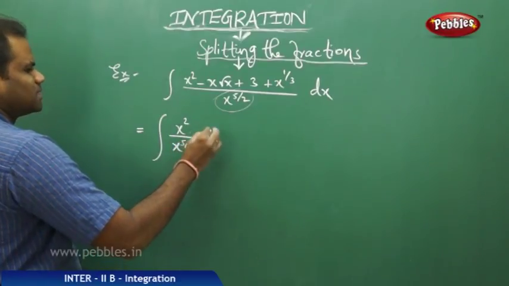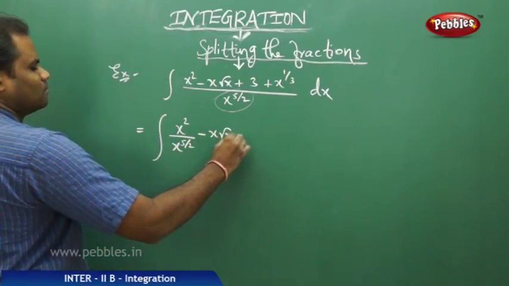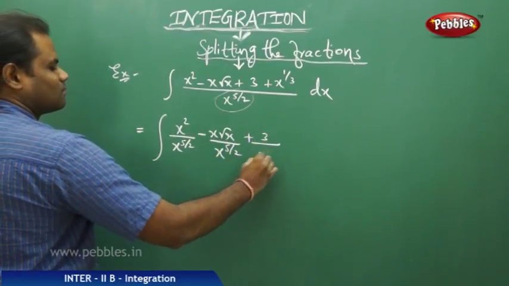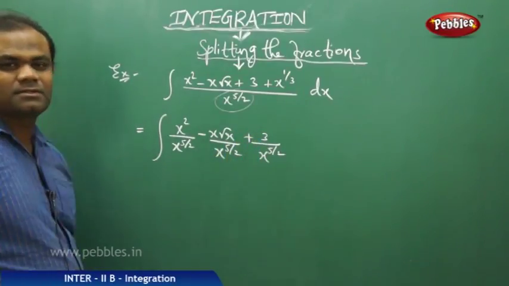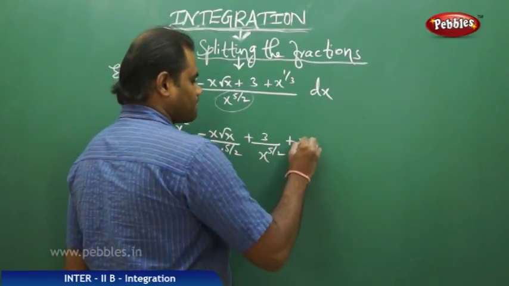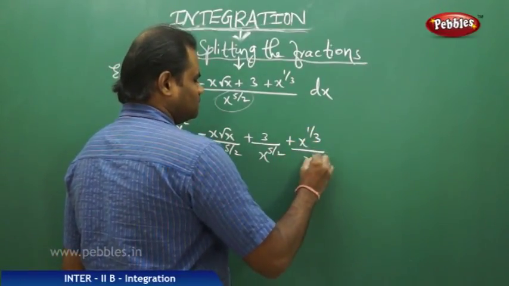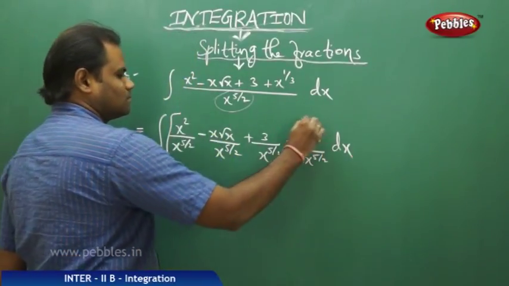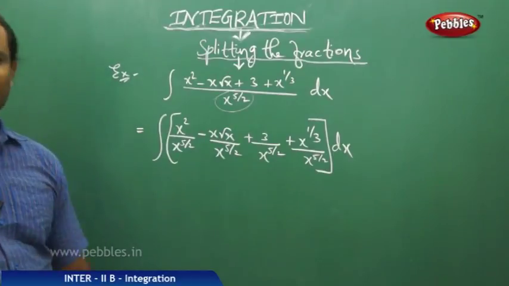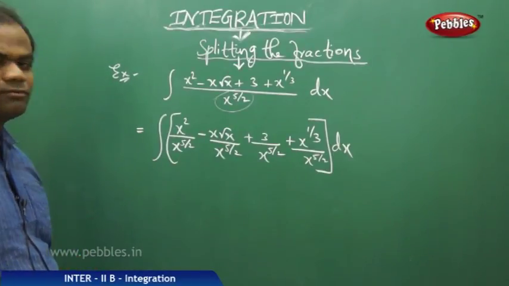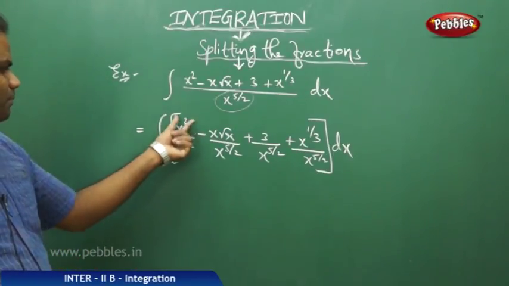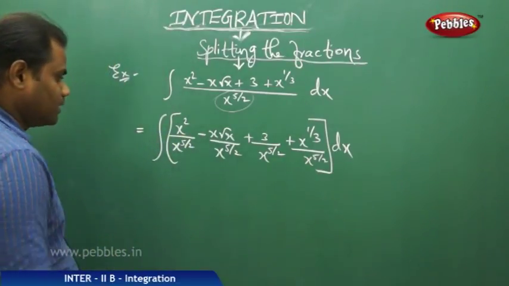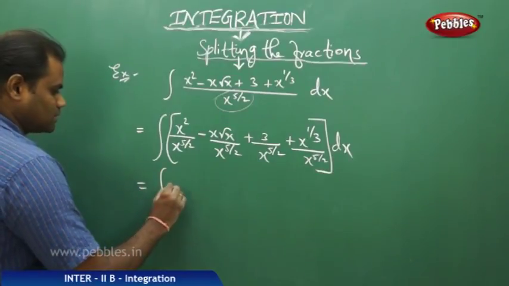x squared by x power 5 by 2, minus x root x by this, plus 3 by this, plus this of dx is what we get. Now this on further simplification gives a power m by a power n is a power m minus n, and therefore this gives us